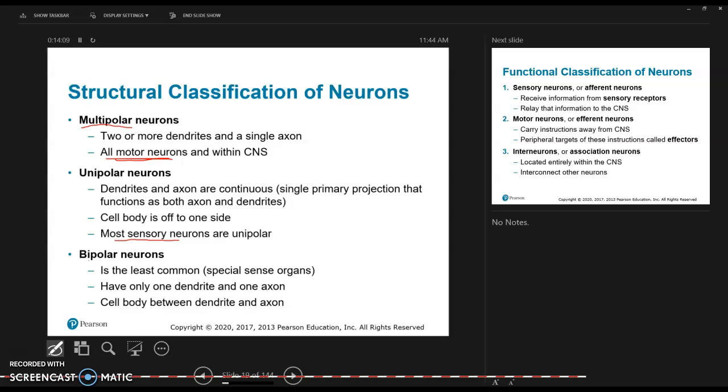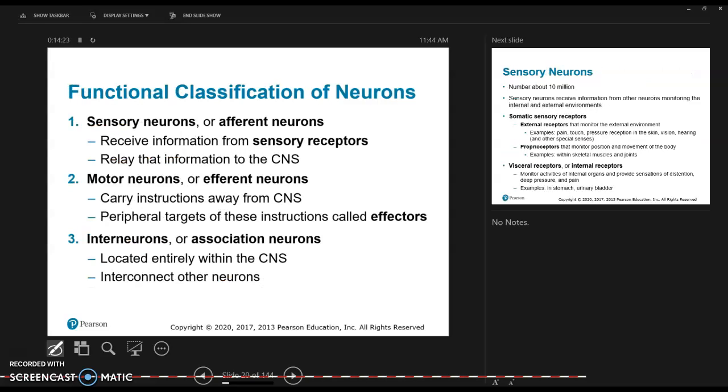Bipolar neurons are the least common, but we do see them in special sense organs like the eyes. They have only one dendrite and one axon, and the cell body is between the dendrite and the axon. So I'll try to get you some pictures of those, or you can look them up. They do have pictures of the different neurons in your reading. Sensory neurons receive information from sensory receptors. Motor neurons carry instructions away from the central nervous system. The target of motor neurons are called effectors. So, for example, in Chapter